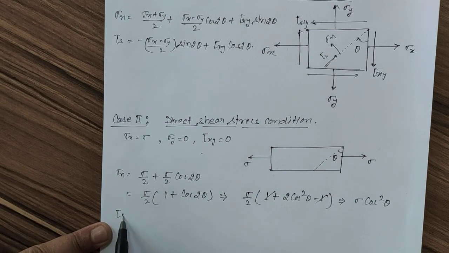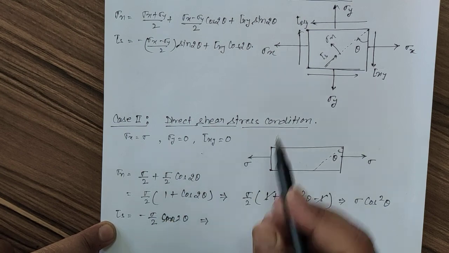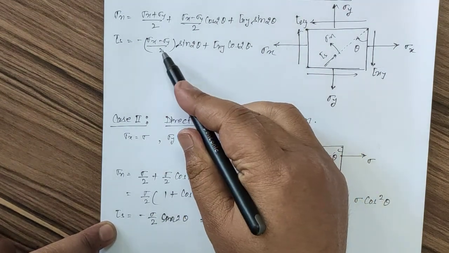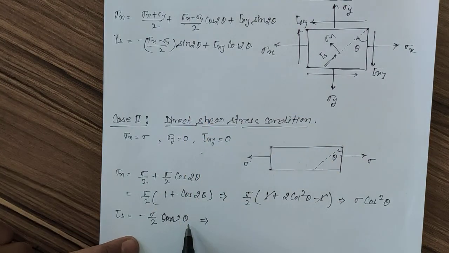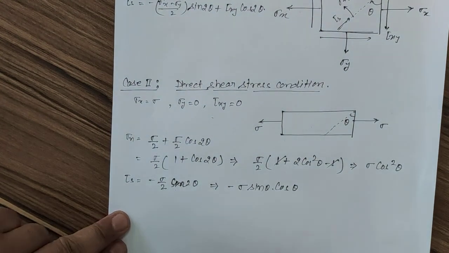Tau s, again the same, by putting the conditions we will get minus sigma by 2 cos 2 theta minus sigma by 2 cos 2 theta, with tau xy 0 and sigma y 0. So from here this will be sin 2 theta. Here we are having sigma by 2 sin 2 theta. Sin 2 theta is equal to 2 sin theta cos theta, which means we will get minus sigma sin theta cos theta. From here